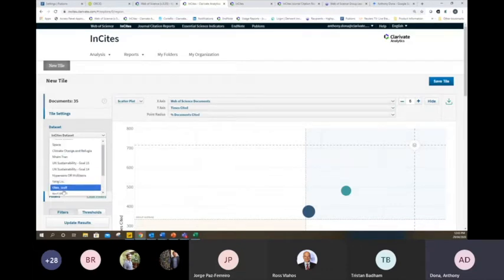You can see some other examples of data sets that I have. Any user can have up to 20 data sets saved at any one time. Here I've run a search on climate change and refugia, where people are being made refugees by climate change. I've also run a couple of searches on the UN Sustainability Goals 14 and 15. For those of you who are familiar with the UN Sustainability Goals, there's 18 or 19 of them from memory, and they look to solve some of the globe's bigger problems.